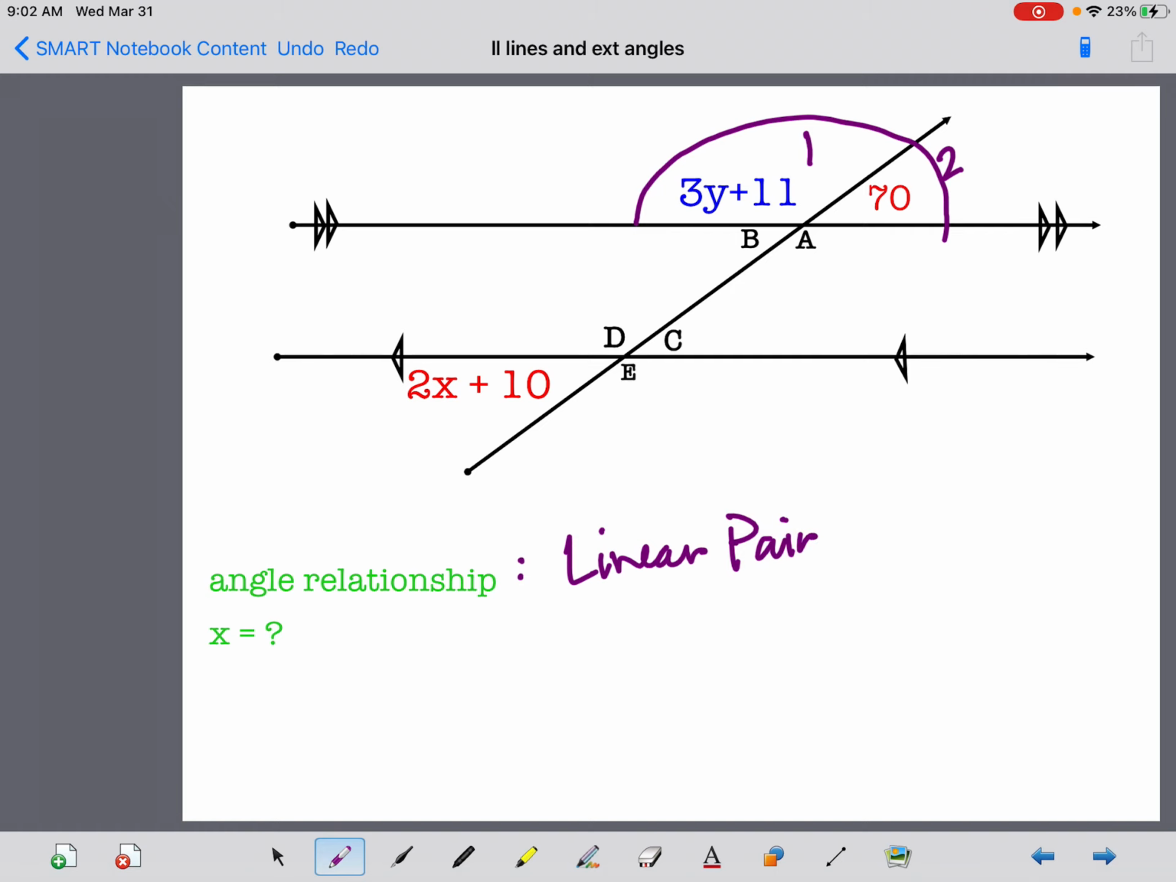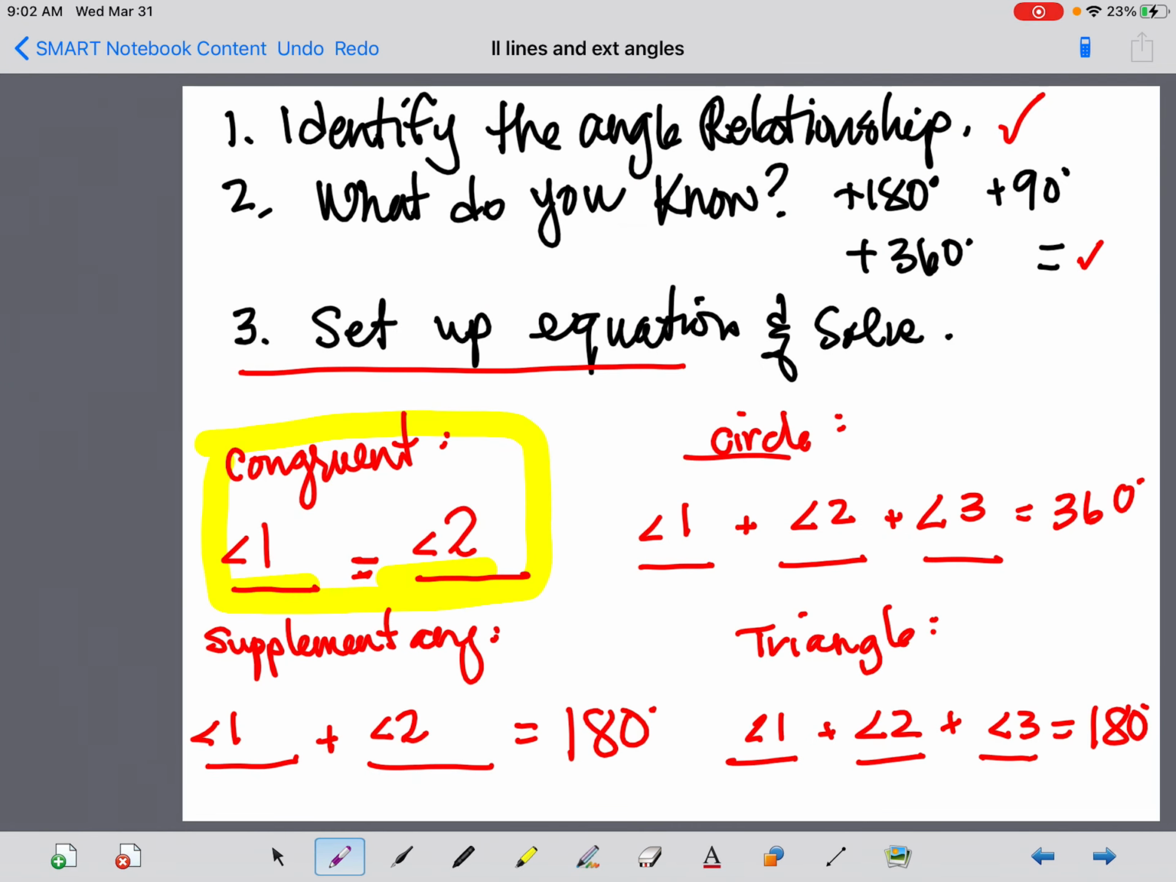And linear pairs are supplementary. They add up to 180 degrees. So going back over here, if I have supplementary angles, I want angle 1 plus angle 2 to equal 180 degrees. And so in this case, I'm going to use